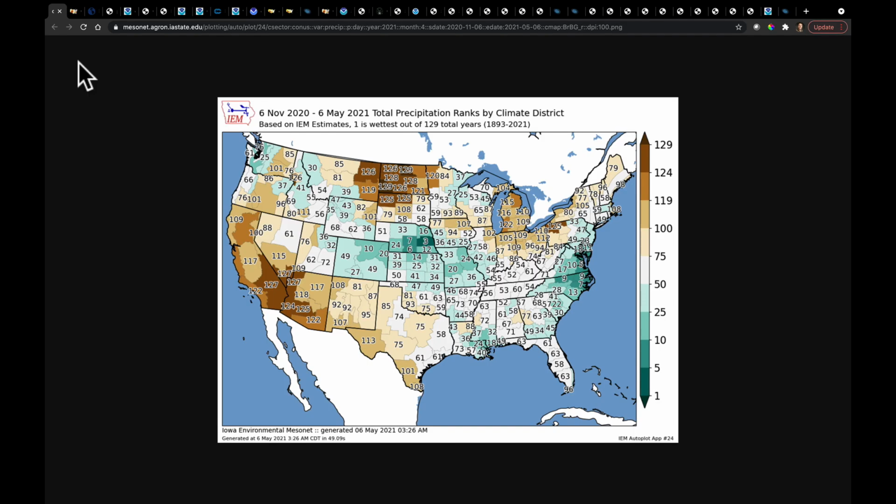Today's analysis is going to be a bit longer than normal because we have some brand new long-range weather updates to talk about from the European model. So let's start discussing what went into these long-range updates by first looking here at the last 6 months of